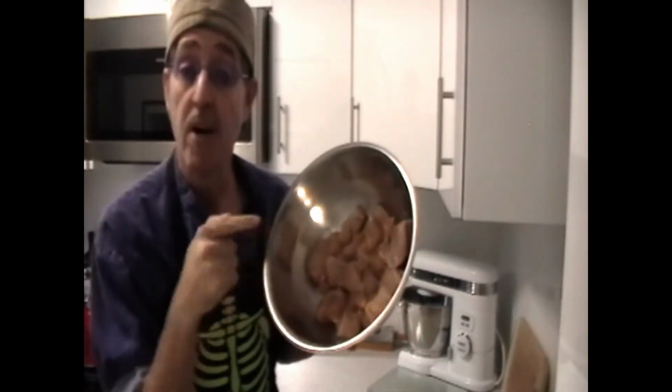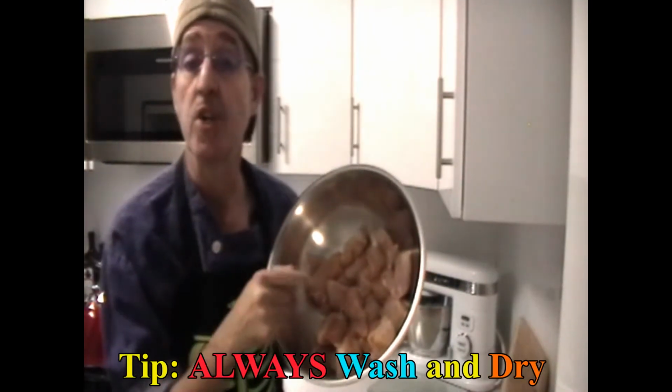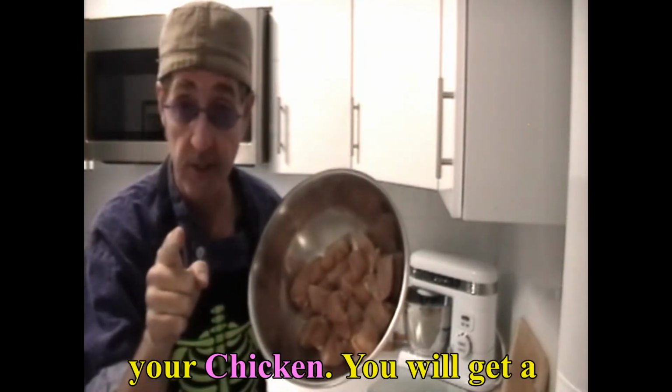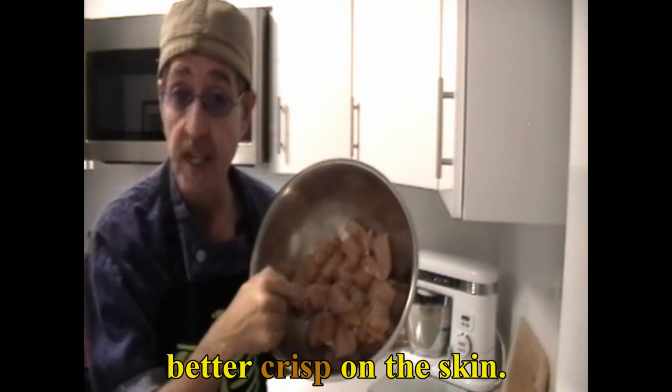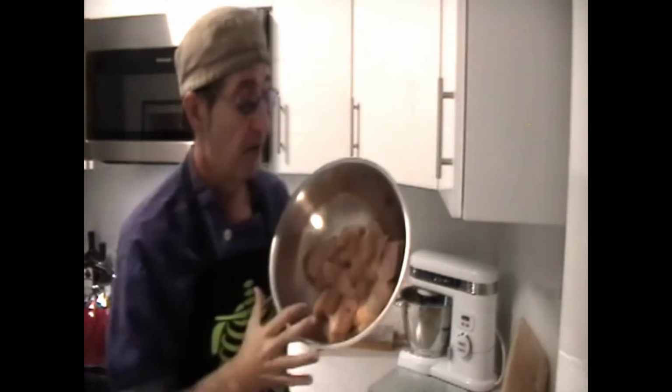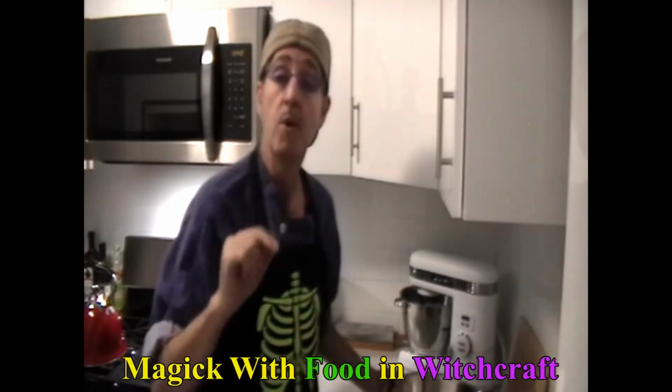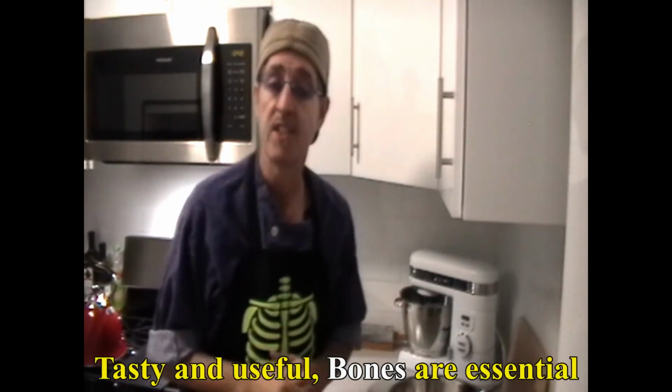The important part about your chicken, make sure that you wash your chicken and dry it thoroughly. Very important for this recipe. Wash your chicken, dry it thoroughly. All these chunks, about 3 pounds of chicken, or 1 whole chicken broken down into the sections we talked about